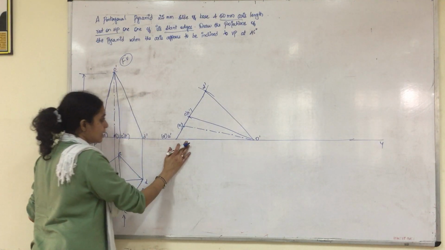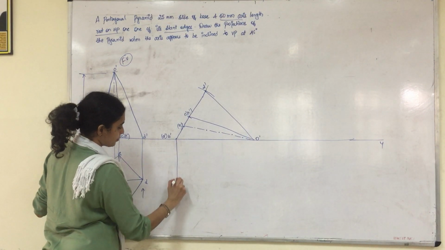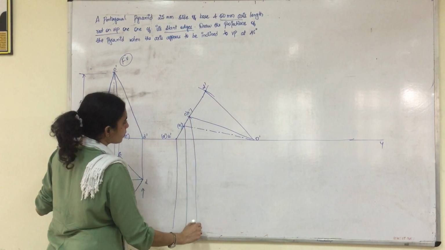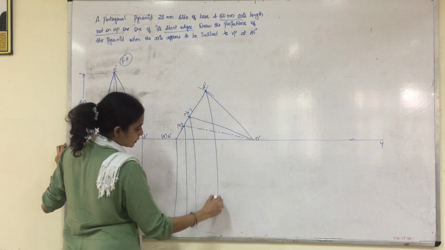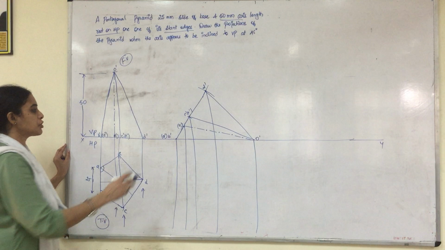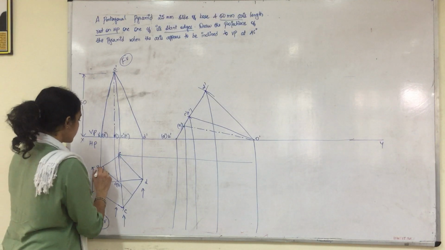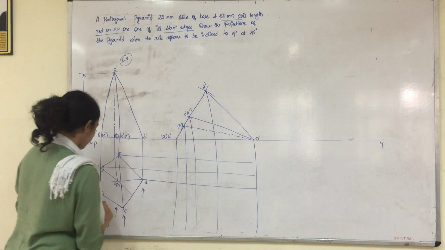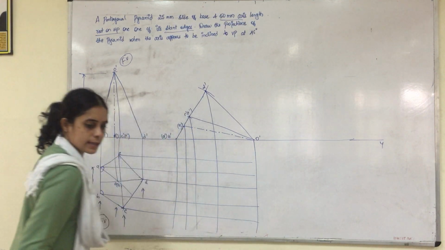Once this is done, now we have to take the projection down. Please take the projection from A dash, B dash, O1 dash. This is not C1 dash, C dash and E dash. From D dash and also from O dash. After you take the projection from the front view, extend the projection from the top view also, from E, from A, from B, from B and from C.